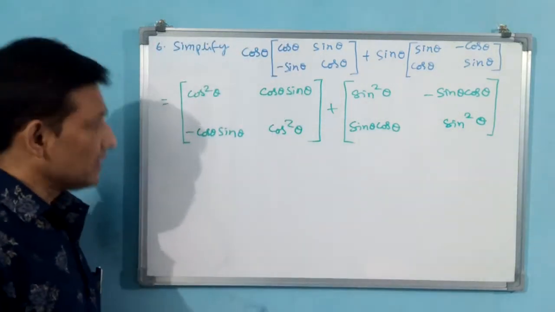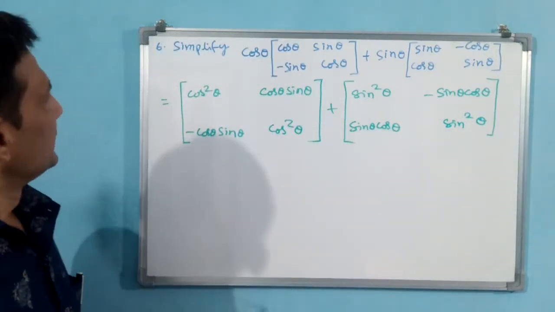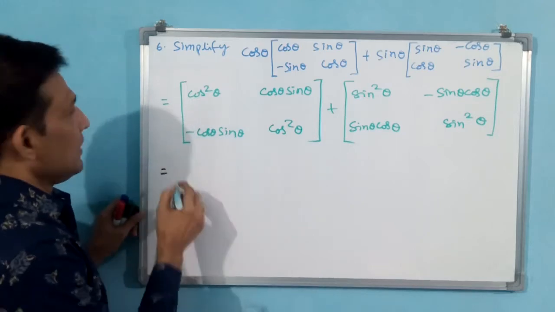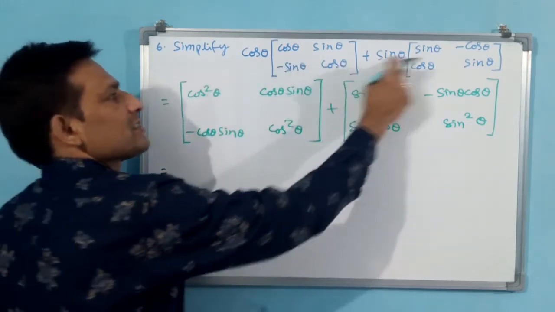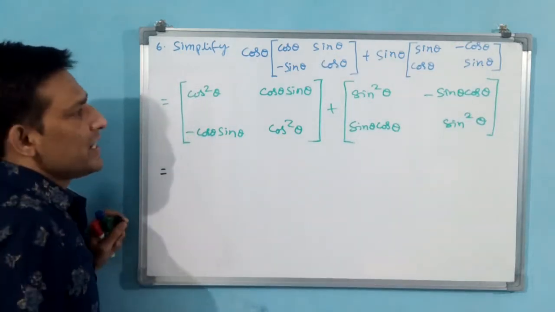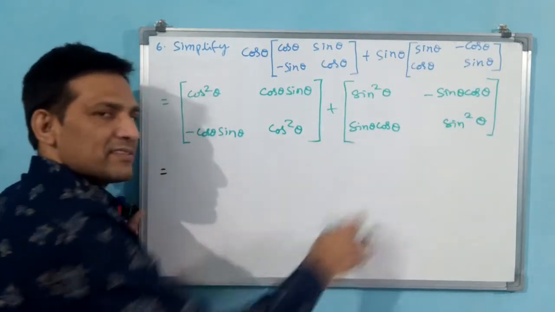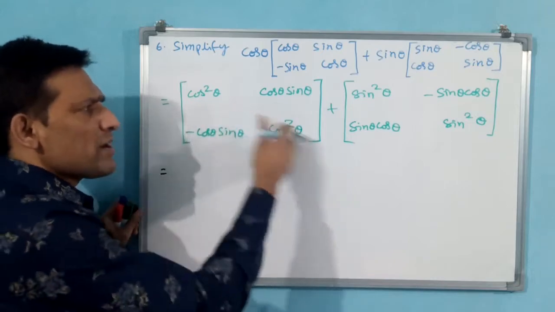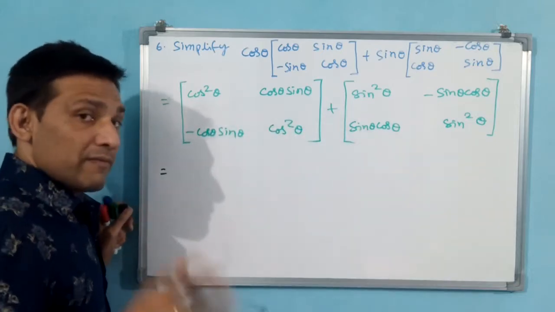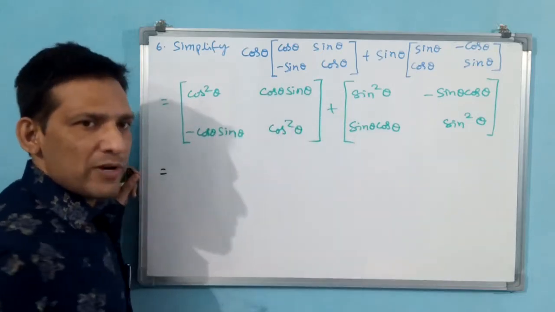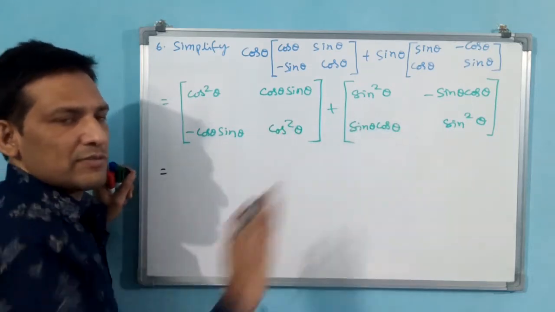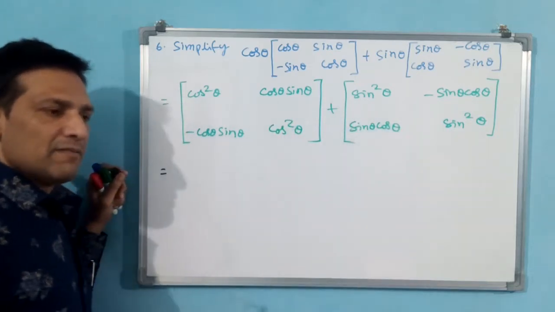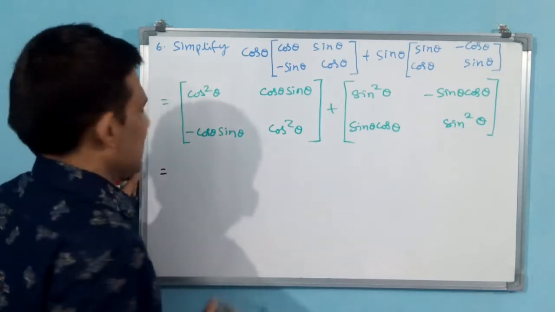Okay, now let us do the addition operation. Individual scalar multiplication is finished. The next step is that these two matrices you have to add. For addition, 2 by 2 and 2 by 2 is okay. While adding, you have to see that a 2 by 2 and a 2 by 2 matrix are there, so rows and columns all have to be matched. For multiplication that is different, the rule is different.